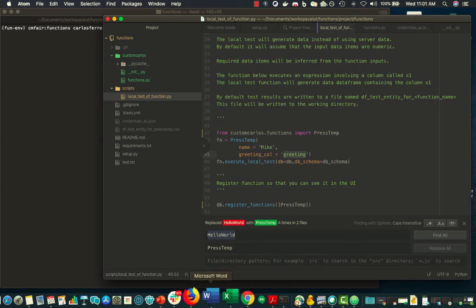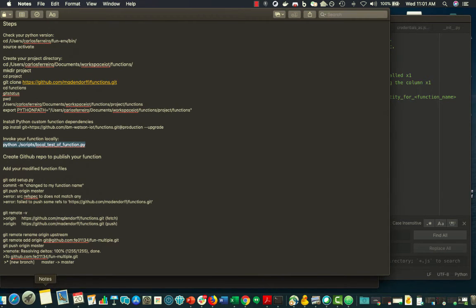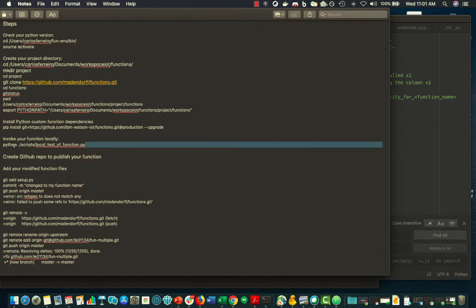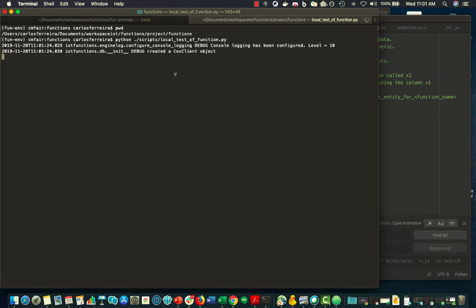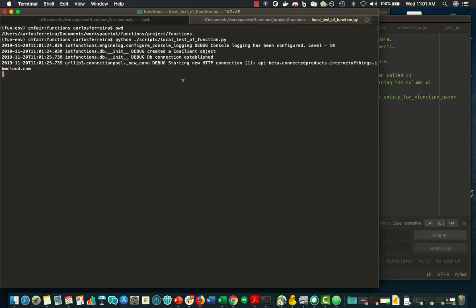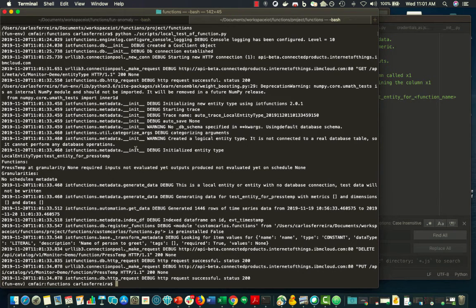So to run this, we can just make sure that we're in our functions directory that we created earlier. We're going to go ahead and just invoke our Python function that's there in terms of the path. So we'll come over here, Control V. And if you have a problem with your credentials, immediately you'll get some errors with that if there's connection problems. So it's taking our JSON credentials file and calling the remote Maximo Monitor analytics service,